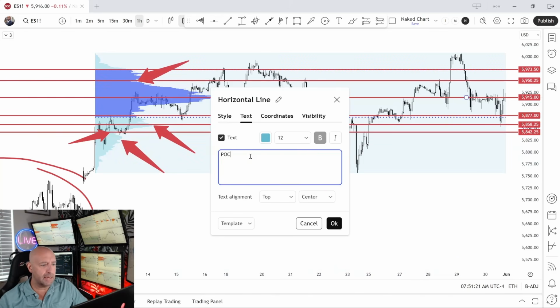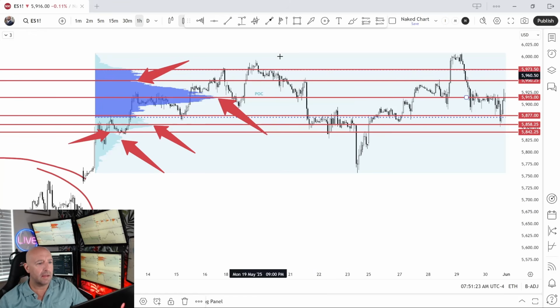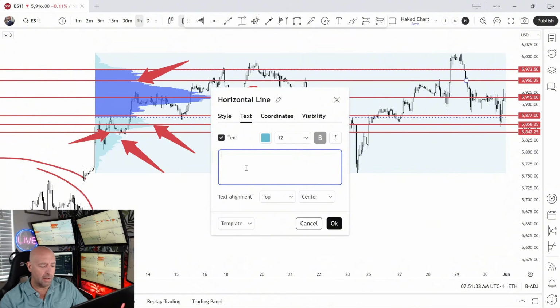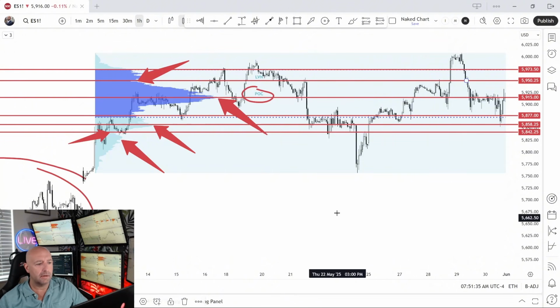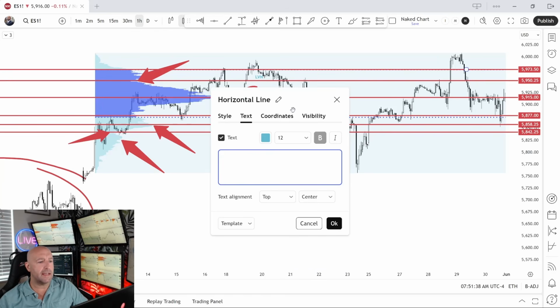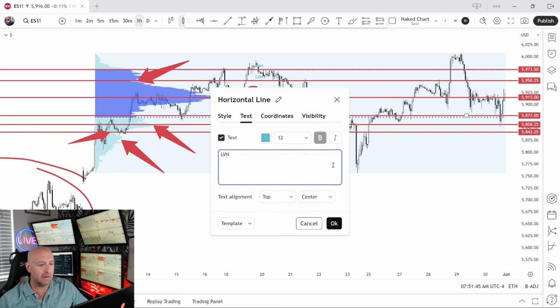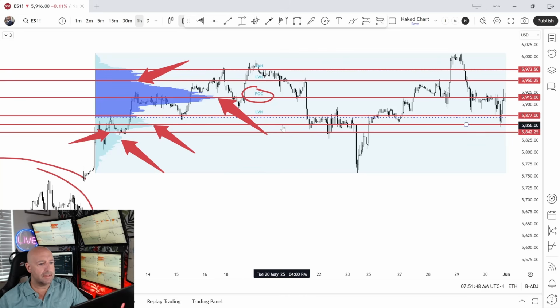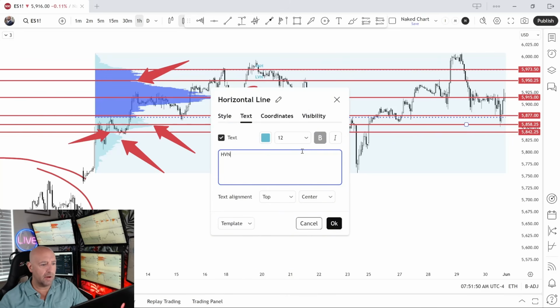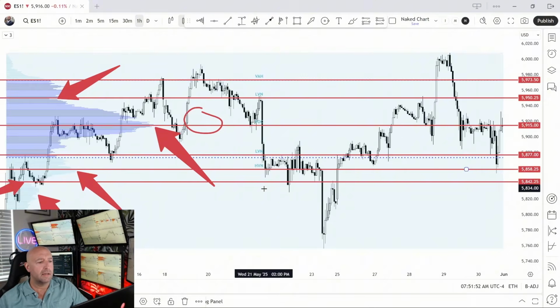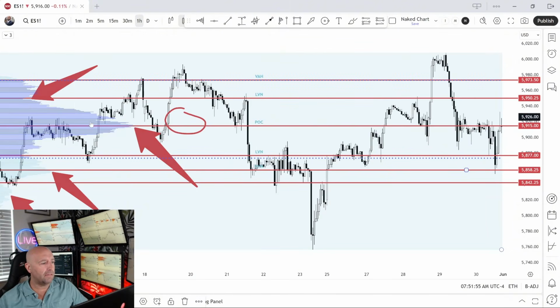So I'm going to write POC, and you can see it right here. I'm going to write on this one, this is a low volume node. This one is a value area high. This is a low volume node. And this is a high volume node. All right? So now, when I take all of this off my chart,